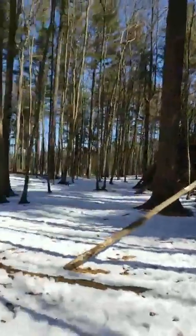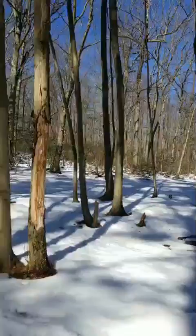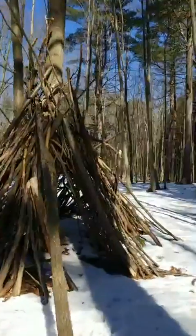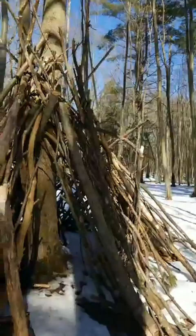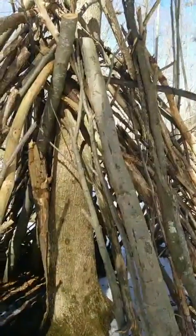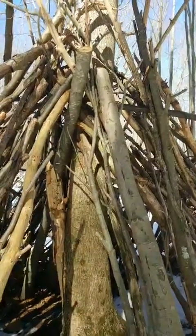And again, you just don't want to get your branches that are near the fire up to their combustion point. So it really takes a really big fire. The branches need to come in contact with the fire pretty much. So if you keep your fire small,